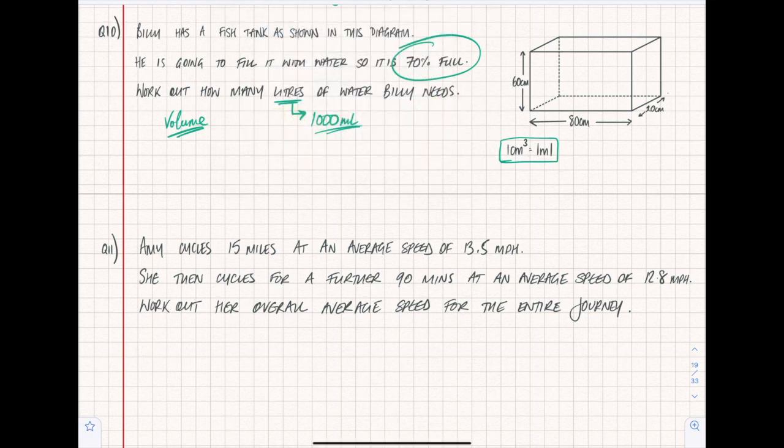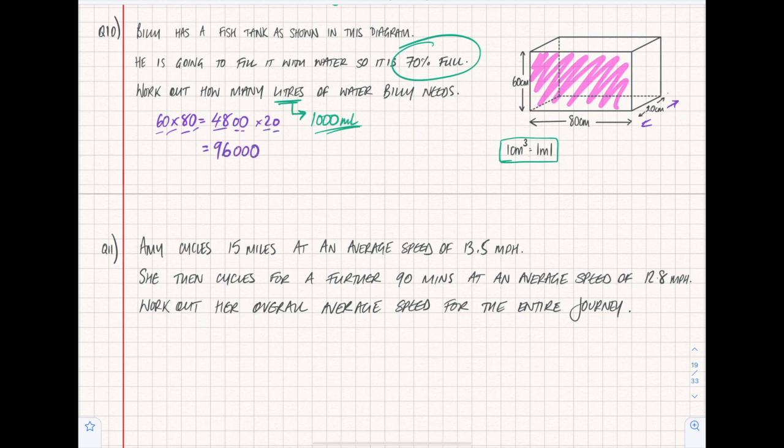Okay, first thing, let's work out the volume. So to find the volume of any shape, you find the area of the front face. Now, the front face in this is a rectangle. So I'm going to do 60 times by 80. Now, I can do that without a calculator, but if you want to use your calculator, you can. So 6 times 8 is 48, and then put my 2 zeros back on. So that's the area of the front. And then what you do is you times it by the depth. So then I'm timesing that by 20. Okay, well, I'll do 48 times 2, which is 96, and then 1, 2, 3 zeros. So that becomes